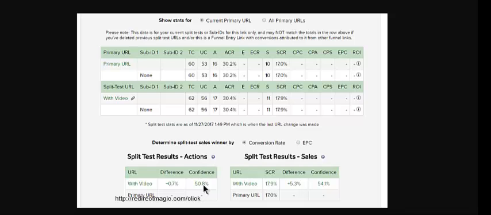For example, you may have 3 sales out of 20,000 clicks, and 2 of them are on the control and 1 of them is on the variation. That doesn't tell you anything because that's just 3 sales. So people always push me for a rule of thumb. I would be looking for at least 20 to 30 sales on each variation,